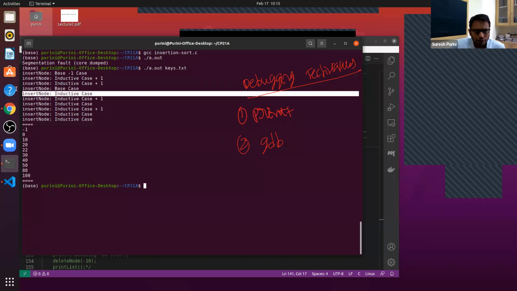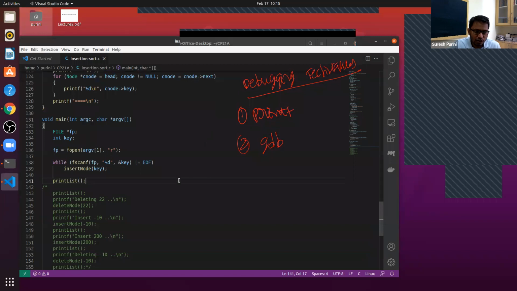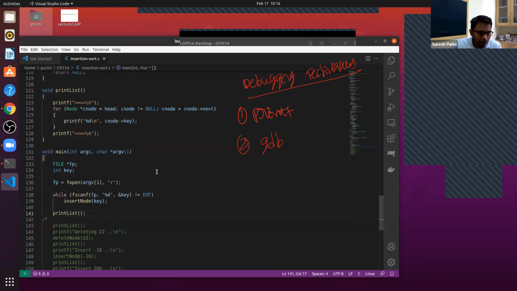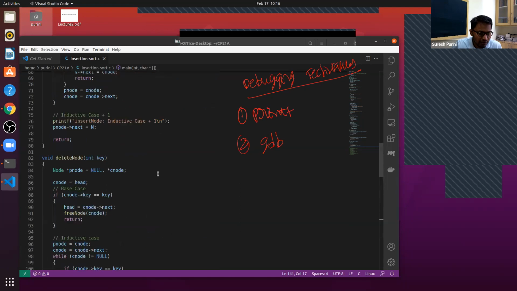Okay. So essentially, we use the print statements to debug our program. But after everything is done, we want to remove these print statements, right? Let's say before you submit your assignment, you want to remove all of these printf statements. Then you have to manually go and comment them, uncomment them, all sorts of problems. So one nice way of solving this problem is